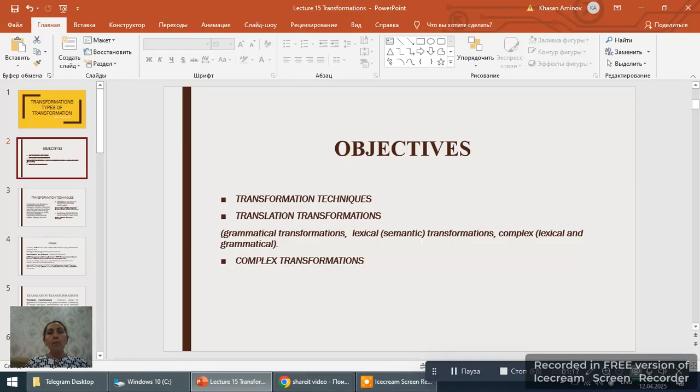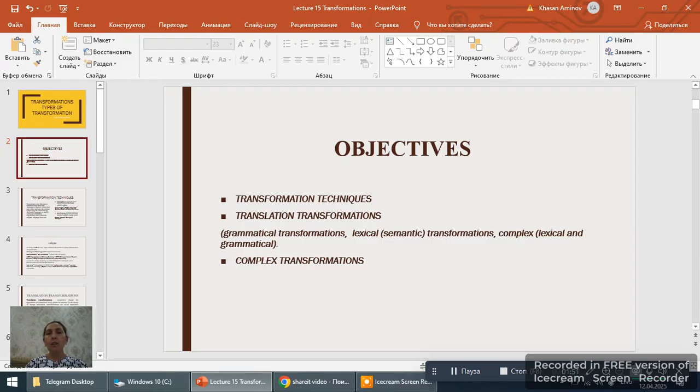There are three main issues in translation activity which I have chosen to share during this important lecture. The first that we will deal with in this lecture is transformation techniques. Then we can discuss translation transformations. While speaking about translation transformations, we can distinguish